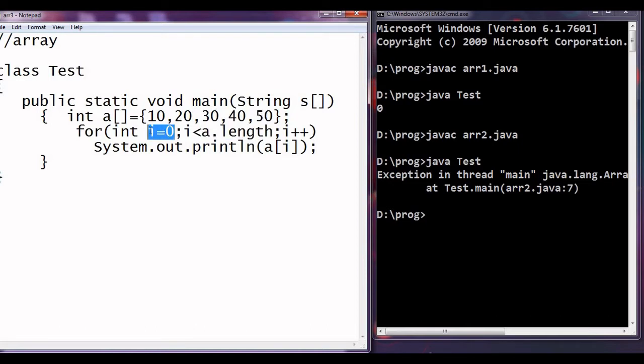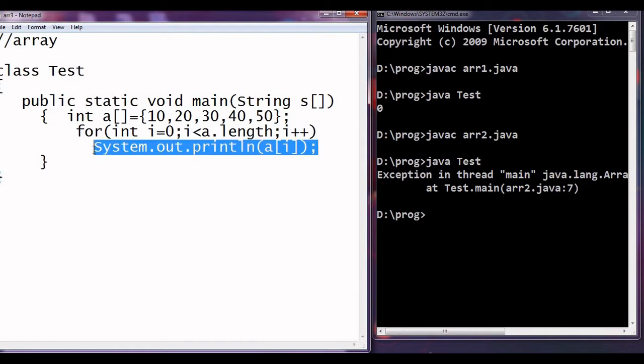The loop will start from 0, and the array has one property known as length. This is not a function. This is basically a property or a variable. We are accessing a.length, meaning how many elements are there. Here we have 1, 2, 3, 4, and 5, so this will return 5. So the loop will go from 0 to 4 because the condition is less than. Then every time it will be plus plus, and then we are accessing the content of a of i. Now let us check it. javac.